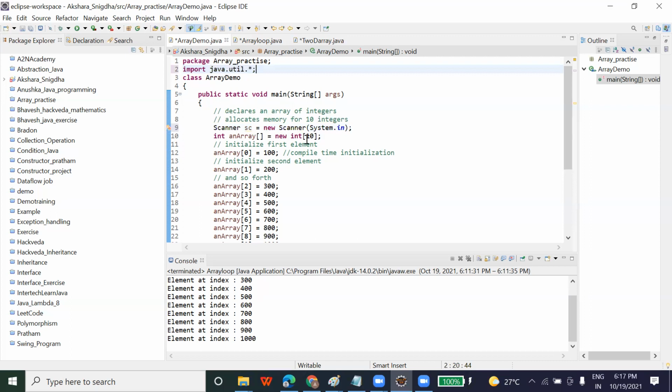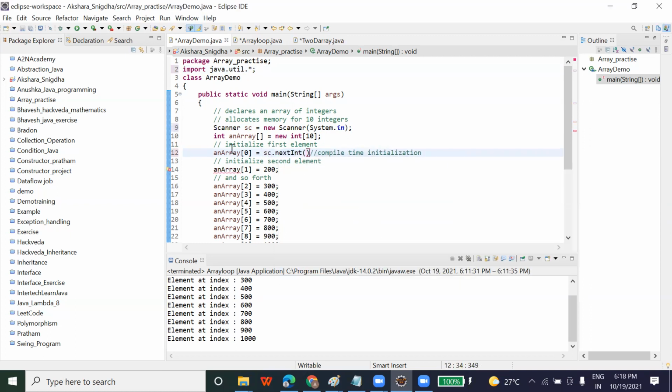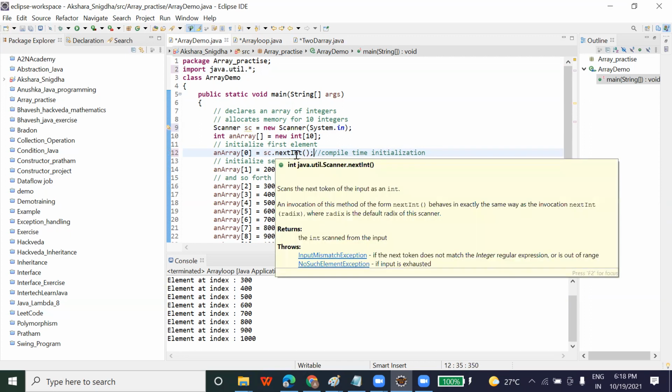Once you add it here, you have to call it as well, right? In place of assigning 100 here, you can simply write sc.nextInt. So for every array element, you are going to ask the user to enter a value. And in that way, you can write this within a for loop, so that for every element you are going to ask the user to enter a value.